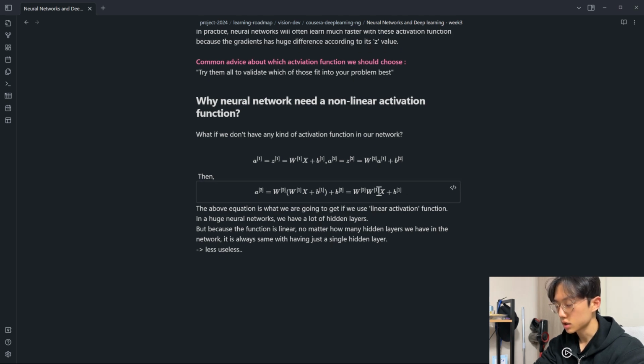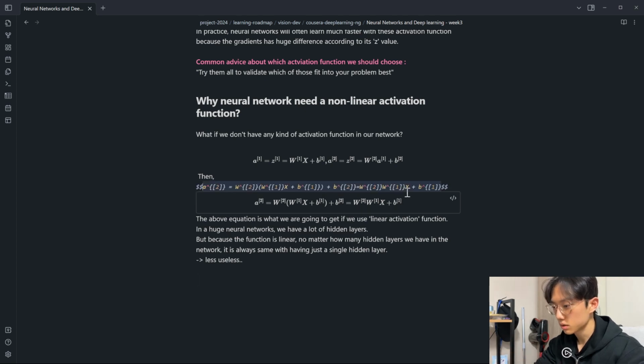And we can substitute the product of W2 and W1 and the combined b terms